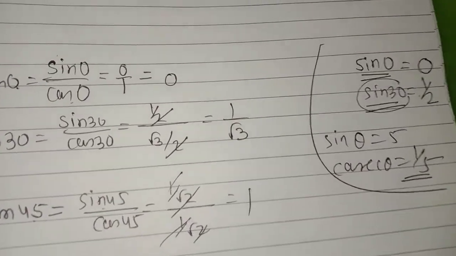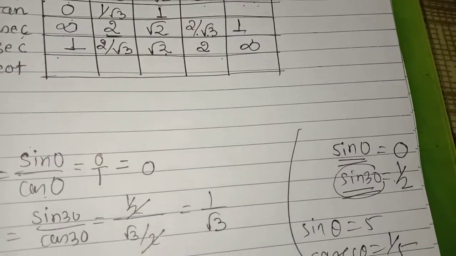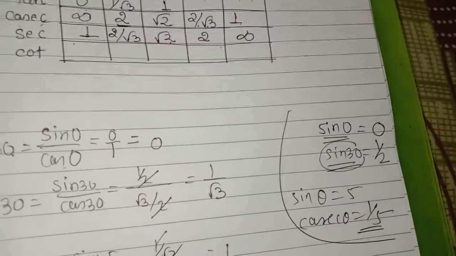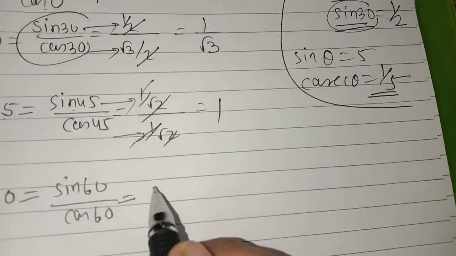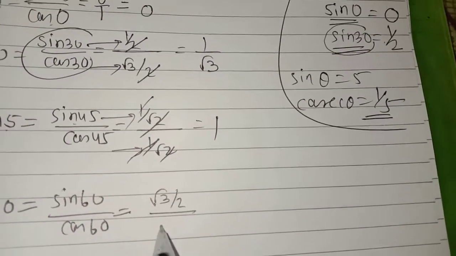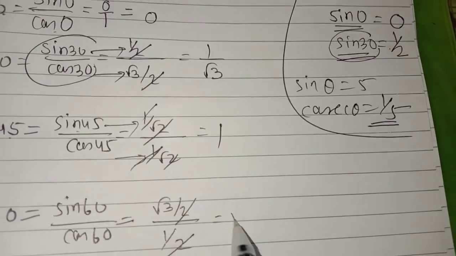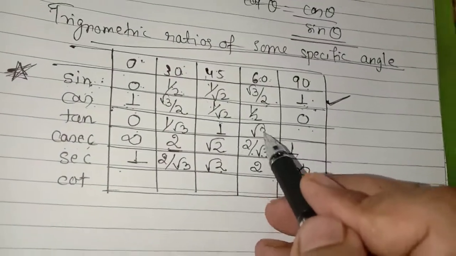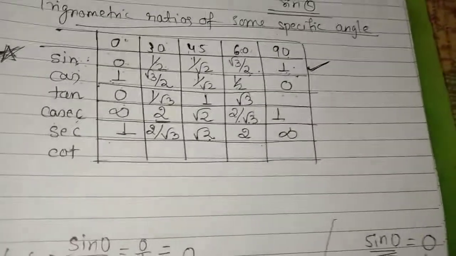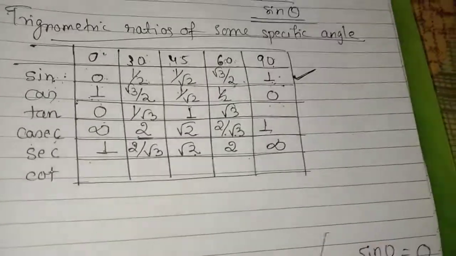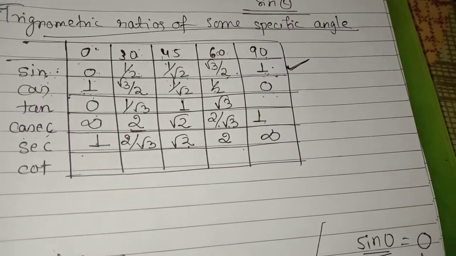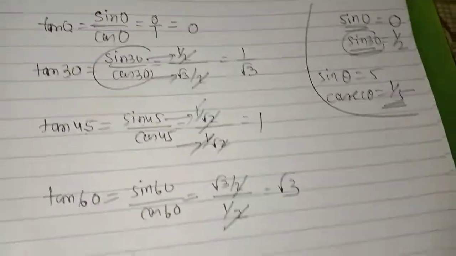Then the remaining next one is tan 60. What is tan 60? Tan 60 is sin 60 upon cos 60. One more revision will be done here: whenever you are writing the values of each, you will get once again the formula and the method. Sin 60 is root 3 by 2 and cos 60 is 1 by 2. Cancel 2 and 2. What is left now? Root 3. So my dear students, see how easily, how flexibly I am getting the value of each and every angle. Now the last one is tan 90.